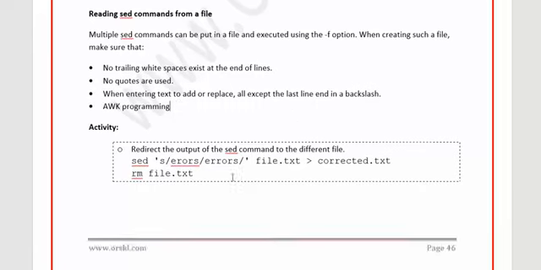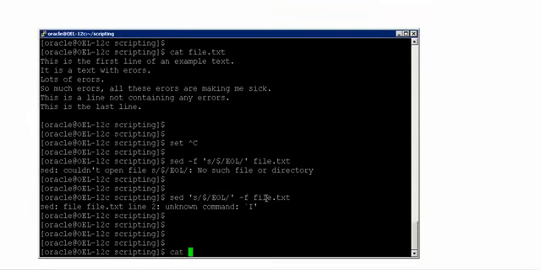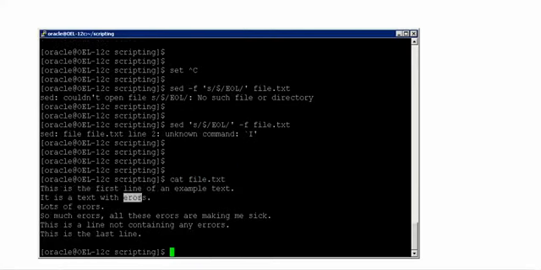But there is another way of working non-interactively, in case you want to replace everything in the same file. For example, we know that this file has some errors or wrong data in it. If you want to correct it in the same file, how do you do that? Using sed, definitely you can search and replace it with the correct expression. That's true, but it will only show you that on the screen. But in case you want to write the change to the original file, how do you do it with the help of sed? That's what we are trying to see here.